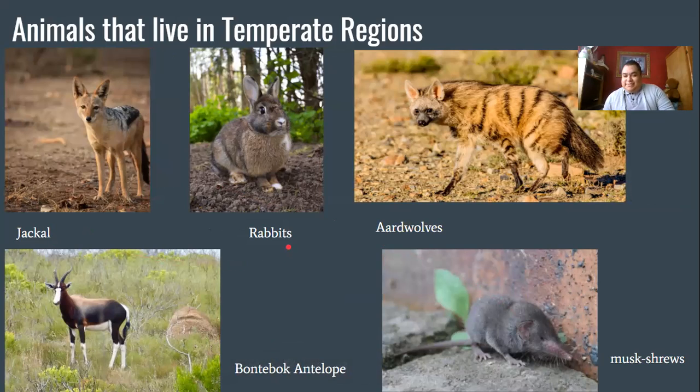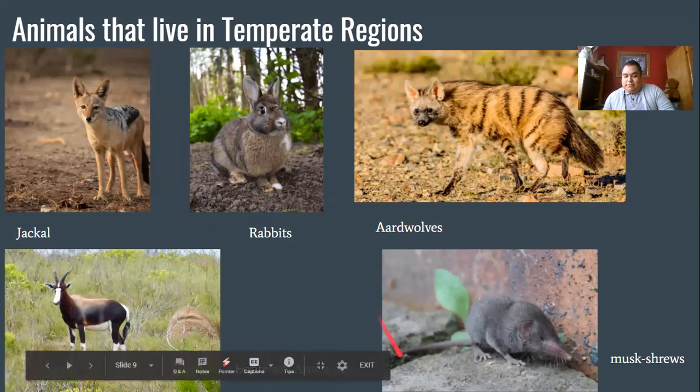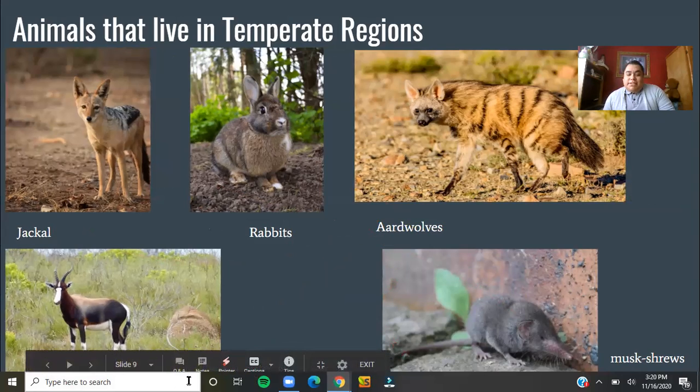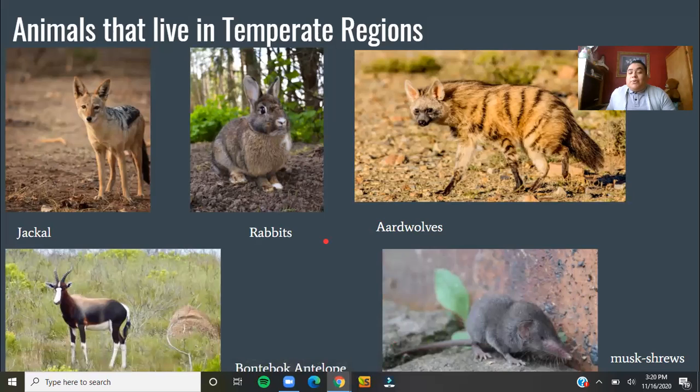Rabbits. Aardwolves. Very good. Montebok Antillon. Montebok Antillon. Okay. Last one, musk shrews. Very good. Very good. Next one,